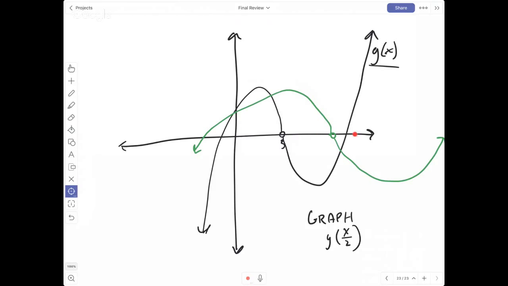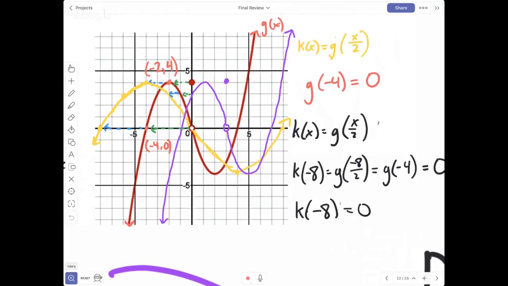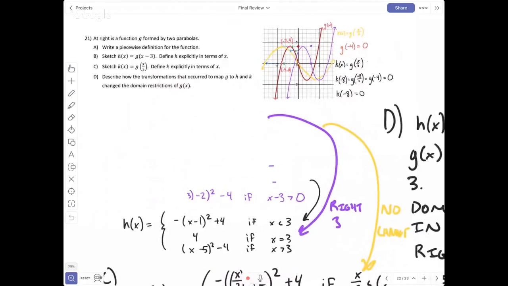Here, the domain restrictions did change when I did this transformation that dilates about the y-axis by 2. Here, this 3 turned into 6. It's only the specific thing of 0 being times by 2 where no change happened. Did I answer your question, Tomas?